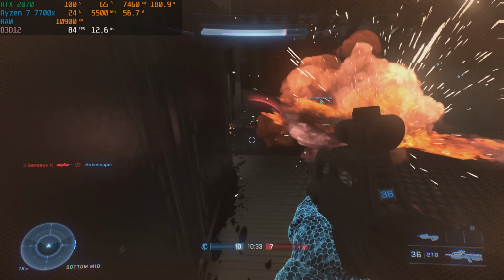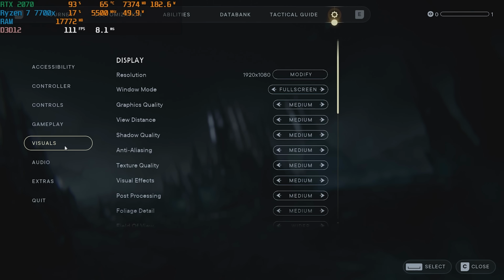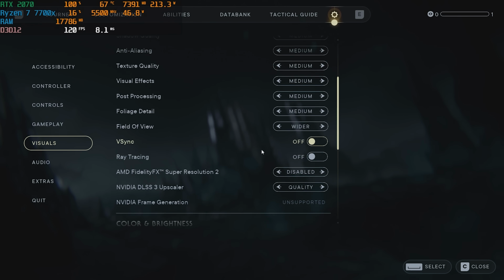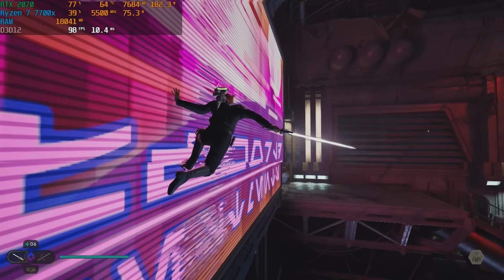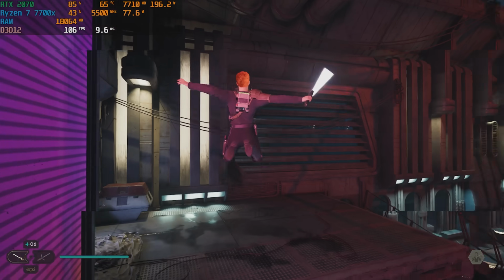Now let's play a game that is going to stress this thing really hard and was an absolute dumpster fire on launch. This is Star Wars Jedi Survivor, 1080p medium settings using DLSS on quality, because we absolutely need it, and we got an average of 80 to 90 FPS, which I will say